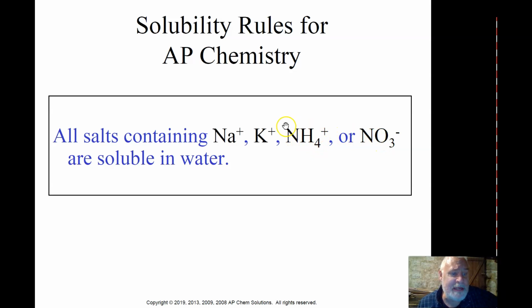All ammonium compounds are soluble. And anything with these positive cations, sodium or potassium, you know they're going to stay an ion. Okay? So in other words, sodium's not going to pair up with anything to form a solid while it's in water. You know, obviously sodium can form a solid, sodium chloride,